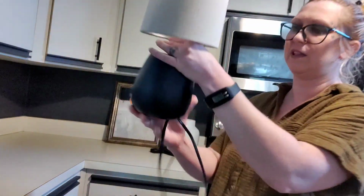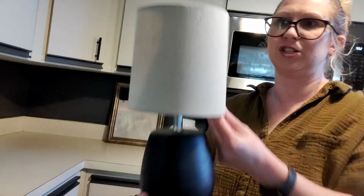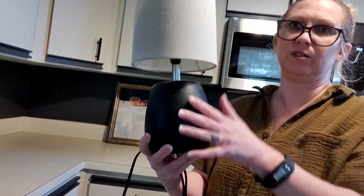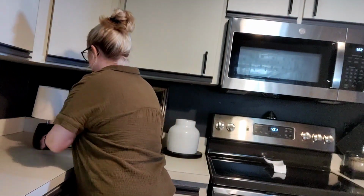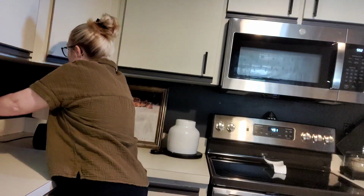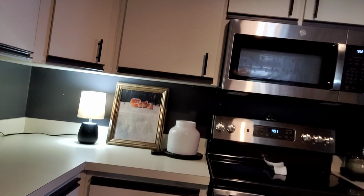I'm going to get that lamp and get the mood. Alright, so this is the Target lamp. It's got that faux wood, right? Kind of like the linen shade. I just love this combo, those tones. So let's light her up. Let's light her up. I love it. Ooh, I love it. It's looking...